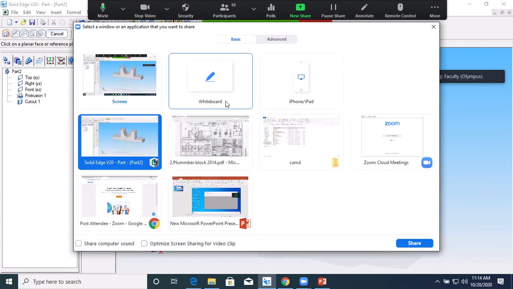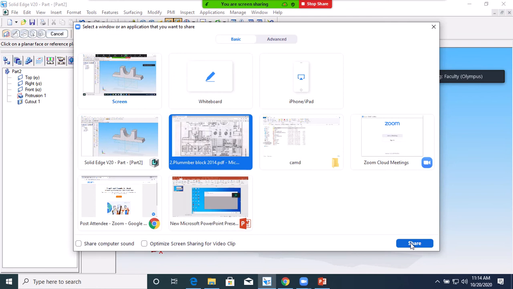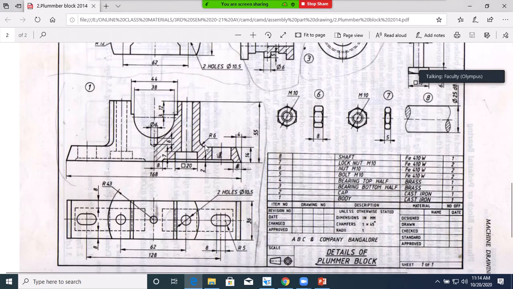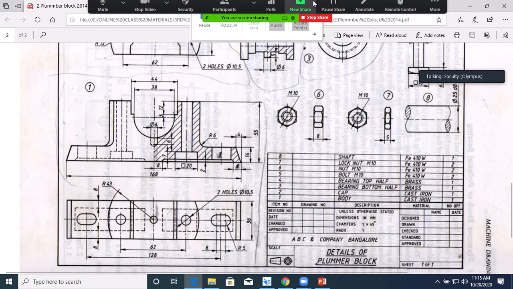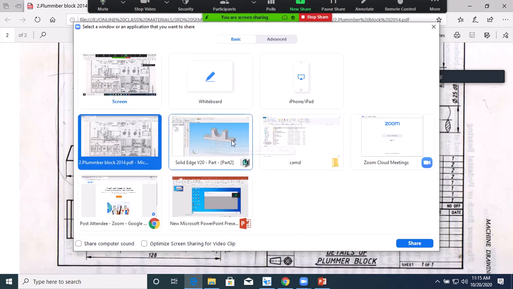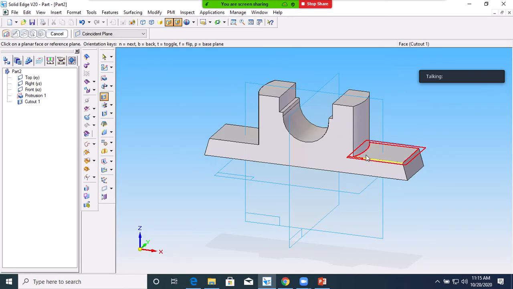Then we will see the other profiles. If you see the drawing, here you will have an edge. This is not flat, this is a curved shape again. Radius 6. You have to use the round option for this edge on both sides.